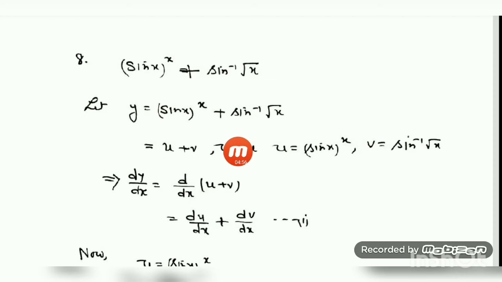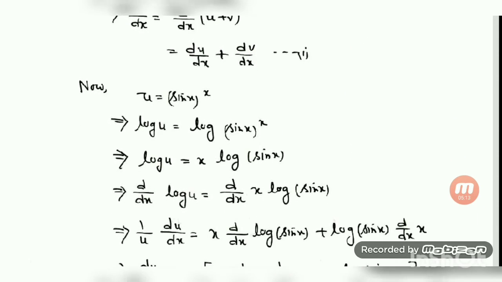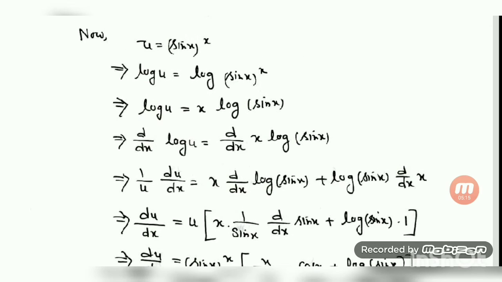Don't write it as log y is equal to log u plus log v. Okay, don't write like that. That will be wrong. So you name the function as u and v. What is u and v? Mention. And then take differentiation, that is dy/dx equal to d/dx of u plus v, which is du/dx plus dv/dx. After this I write down here u. What is u? (sin x) to the power x, and then take logarithm. Log of u is equal to log of (sin x) to the power x. On simplification we get log of u is equal to x into log of sin x. Okay, then d/dx of log of u is equal to d/dx of this expression. d/dx of log of u, what is the value?